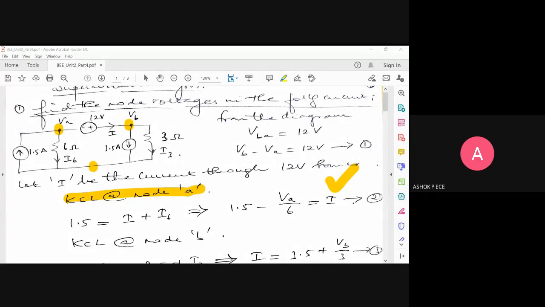Naresh, yes. Yes, sir. I want the KCL equation at node B. You can see the diagram and say; you need not work it out in your notes. Just see what is coming in, what is going out, and say the equation.